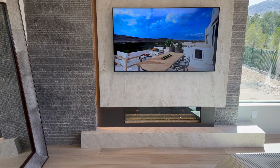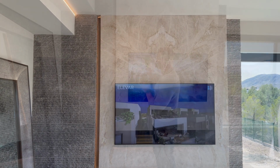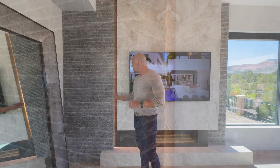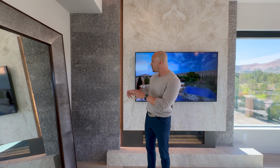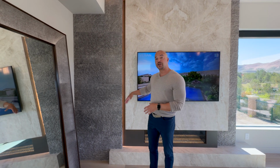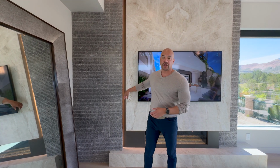So again, we have a much warmer tone in the quartzite that comprises this media wall. And then we have the same stacked travertine that we had downstairs in that media wall. So kind of interesting juxtaposition where we're kind of bridging that gray tones with the warmer tones up here, whereas downstairs we had the gray stacked travertine with the gray quartzite. Just a little